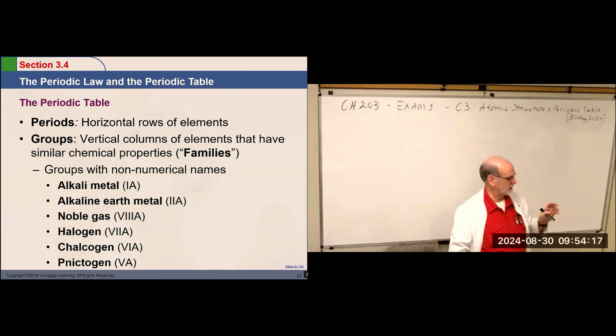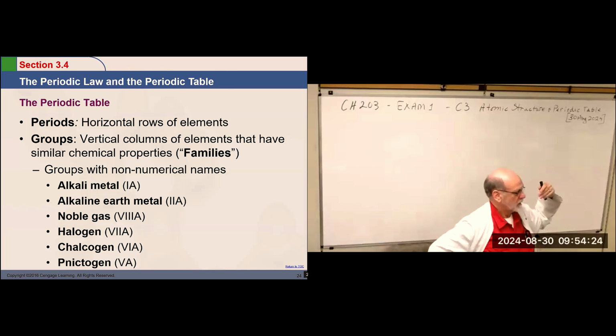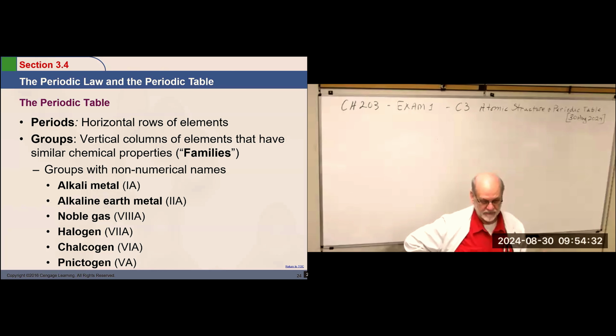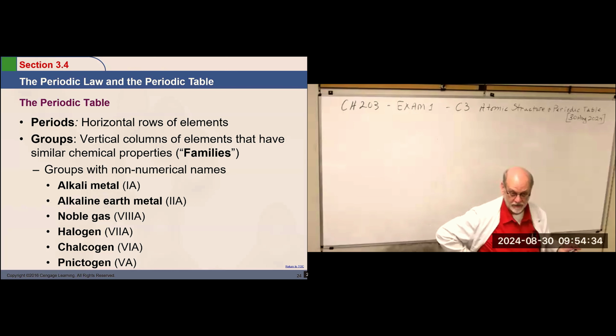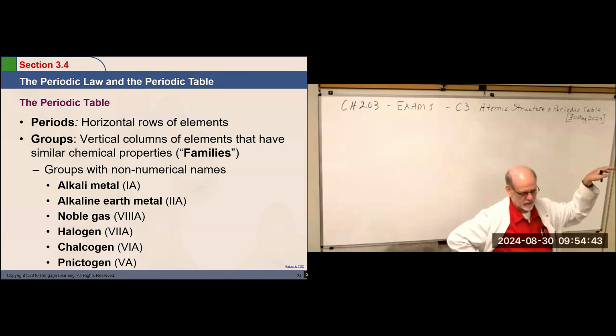And I don't know why they don't say 8A, they just say 0. I think it should be 8. Anyway, those Roman numerals tell us how many valence electrons are in each atom. Now, I know that doesn't make any sense to you right now, but it's useful. Now, when you build the table that I gave you as extra credit, you use the new system, 1 through 18.